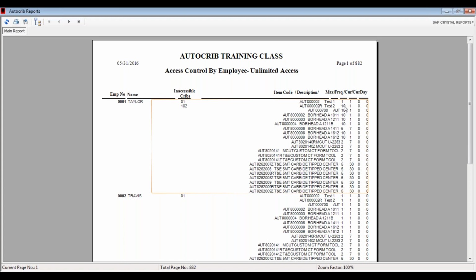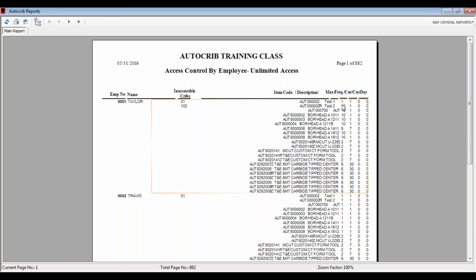So the current would be the current number of issues for that item. So this will keep track of how many have been issued. And the day